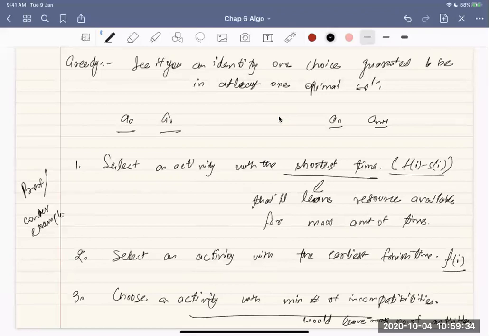Now, this is the first thing you should learn: you are given a problem, you have to solve an optimization problem, and you should be able to identify some greedy properties. Okay, so here all these are some greedy properties. Now, the next thing is all of them may not be correct. So in general here, I'll say only one of these is correct. So let's see if I can find a counterexample for some of these.